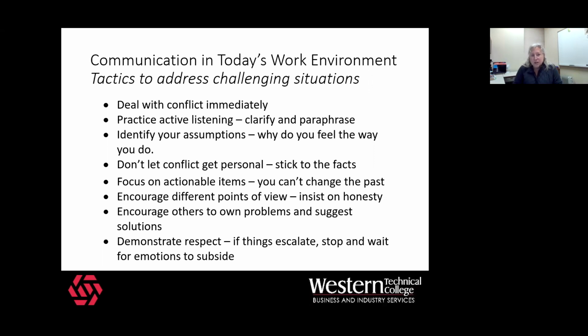As we're talking through and really getting to the crux of a challenging situation, we want to identify what our assumptions were as a leader coming into this situation, and if we have certain feelings about it, why we feel that way. Although we acknowledge the emotions, we can't let a conflict become personal. We need to always be hard on our problems, but not hard on our people,